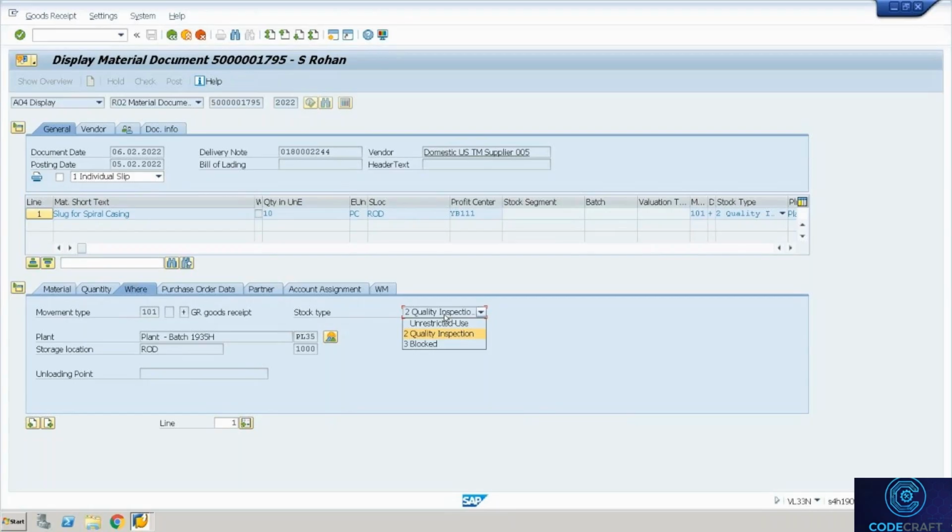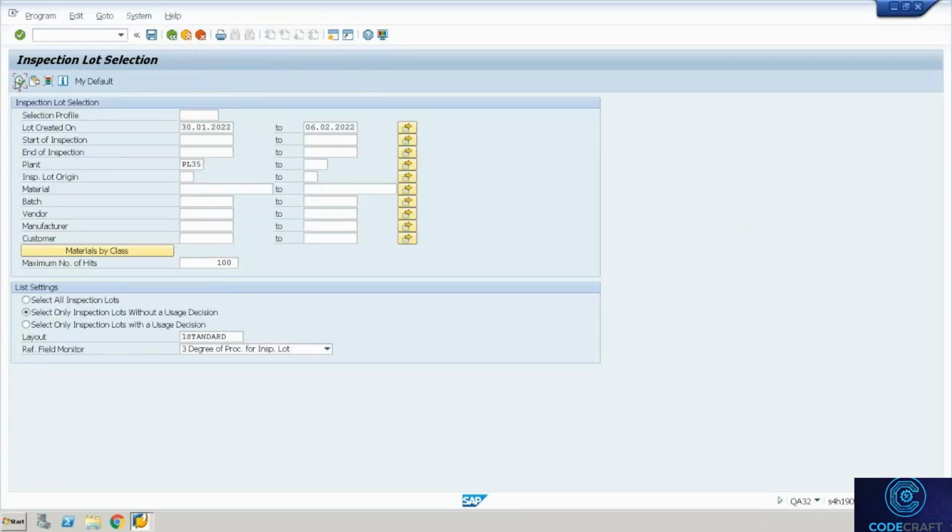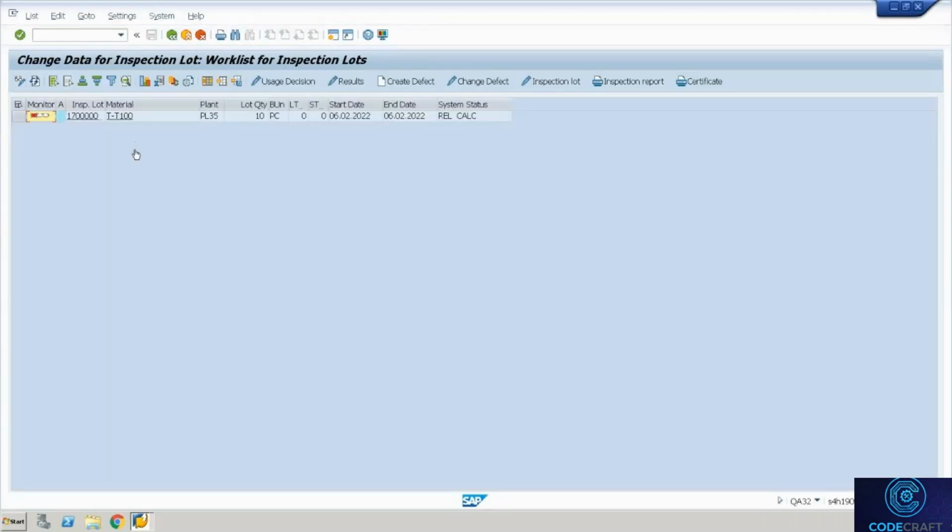Okay, so now it's time to give the UD. Okay, so how do we give UD? We go to QA32 transaction. I'll execute here. It's a work list. They see all the pending documents over here. As of now, this is the document which is pending. Okay, my QM work list. I'll select the document ending with 801 and I'll say give a